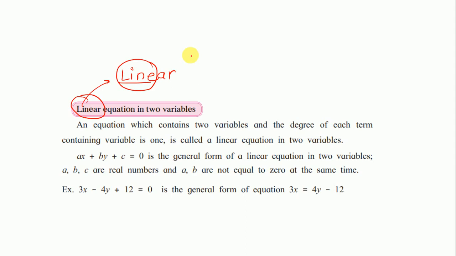If you have heard about certain types of graphs, some graphs are linear, some graphs are parabolic, and some graphs are exponential. So what is meant by linear, which indicates a line, a straight line? So we can say this graph is linear. Why? Because it contains a straight line.